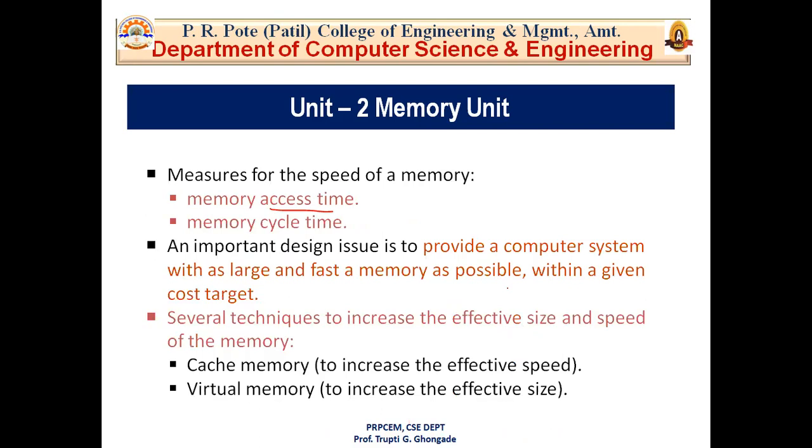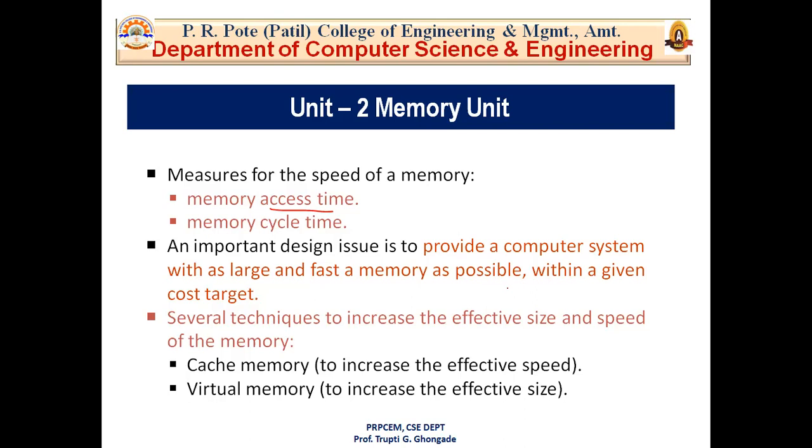The cycle time is usually slightly longer than the access time, because in access time the processor reads the data and memory sets the MFC signal to 1. This is the memory access time. But after that, the processor has to read another data, that is another successive read operation. So your memory cycle time is slightly longer than your memory access time, and it also depends on the implementation of your memory unit.